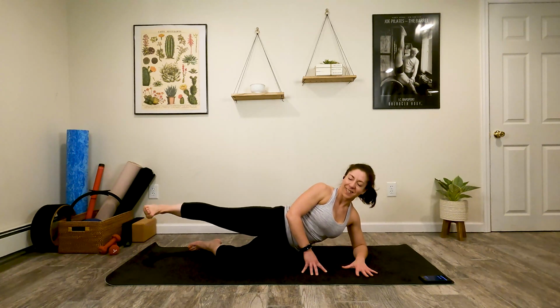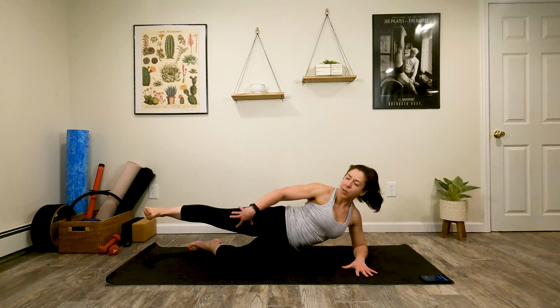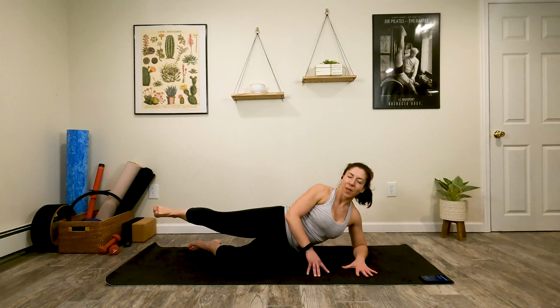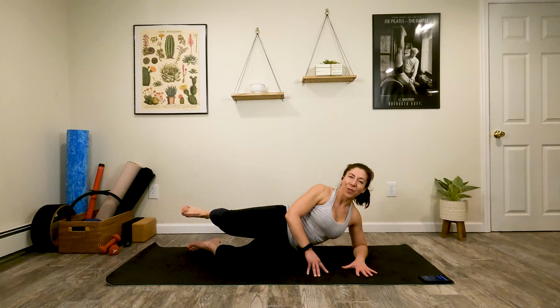And 6, 4, 3, 2. Little bend and kick. We push out through the heel. As you extend the legs, squeeze up on that quadricep, really engage through the body. 8 more. 4, 3, let's take those kicks forward. We've got 3 kicks forward, 1 sweep back. 3 kicks forward,